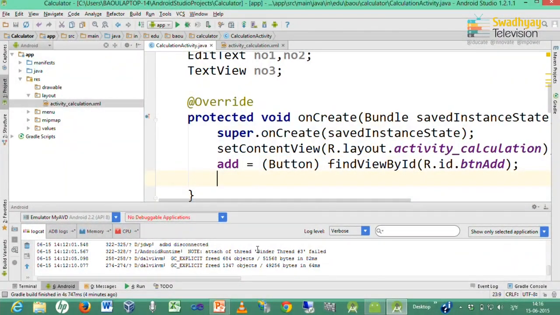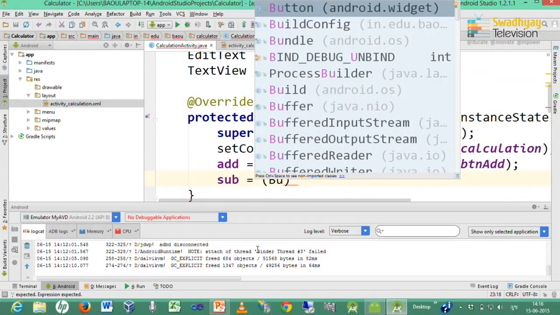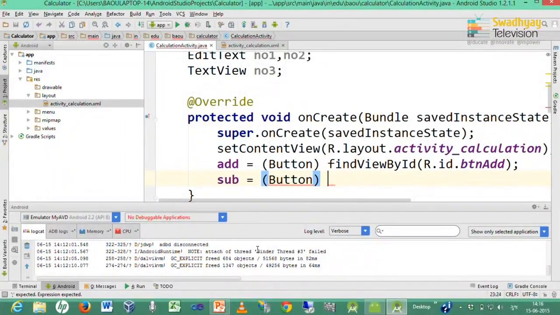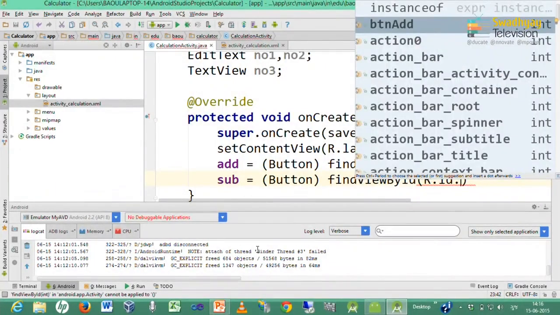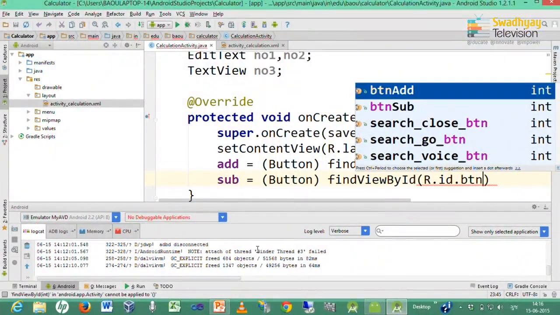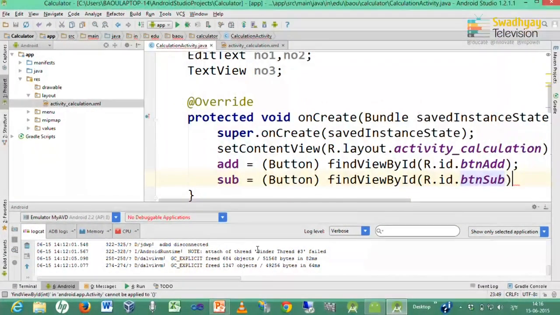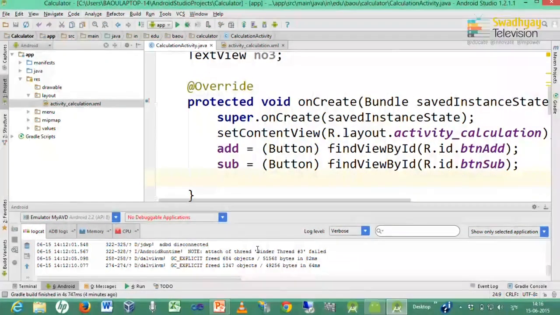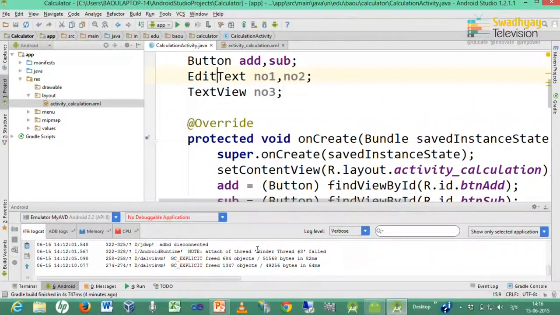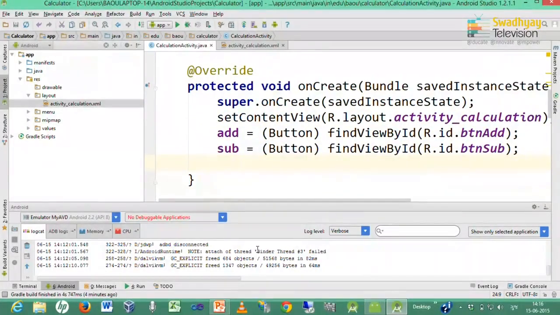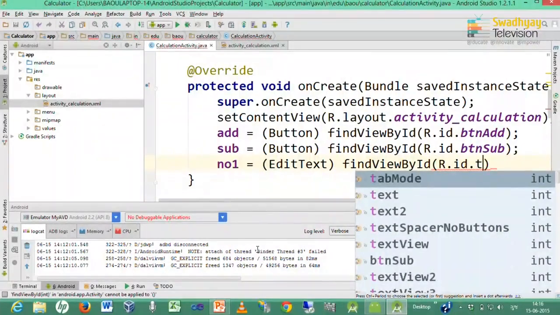Now, next we declare sub likewise. So, sub is a button that represents button sub in our interface. Likewise I declare 2 edit texts, and the name is NO1. So, NO1 is equal to edit text and it represents txt NO1.